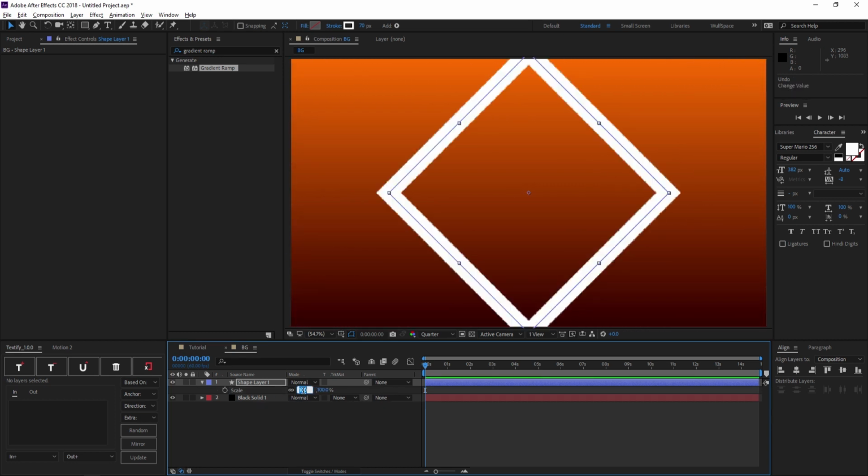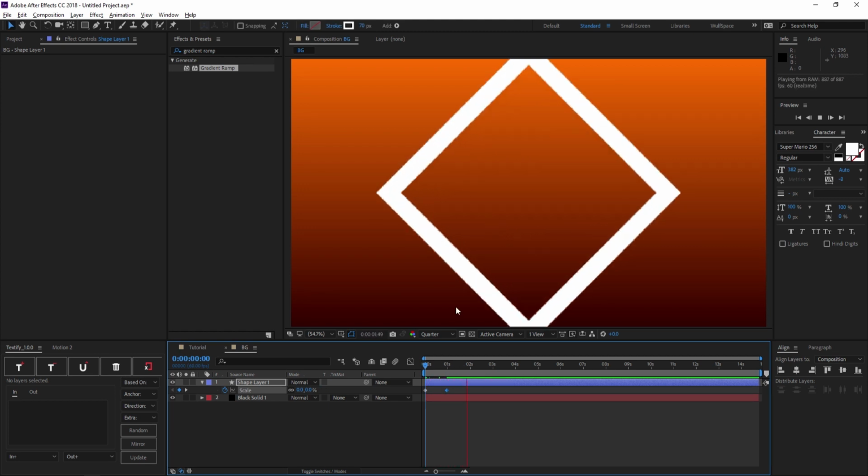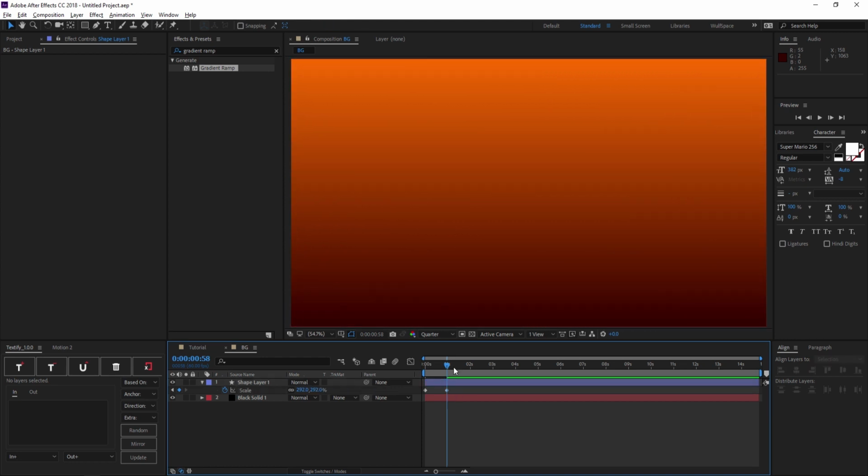So put the scale to 0, add a keyframe and go to about 1 second and put it to 100. So now when you play it, it'll come up here. So 100 isn't good though, you want it to come all the way out, so increase the scale until it does come all the way out. So now when you play it,